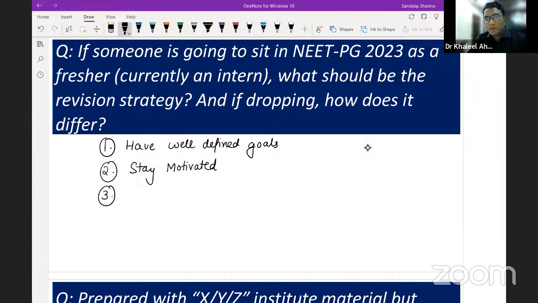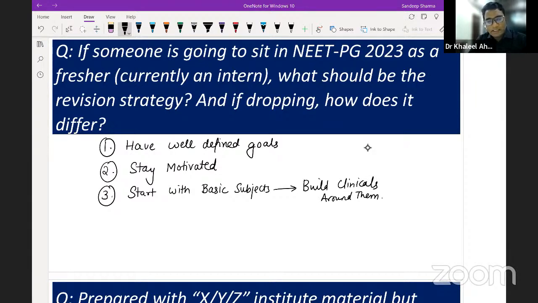One good strategy which fresher students can adapt easily is to work on their basic conceptual subjects like patho, pharma, anatomy, and include some short subjects which can be done independently, like dermatology and anesthesia. They don't need a lot of other subject integration. Once your anatomy is done, your orthopedics and surgery become easier. Once your patho and pharma are done, your understanding of medicine becomes easier. So start with basic conceptual subjects intermixed with short subjects, then do your clinical subjects and the